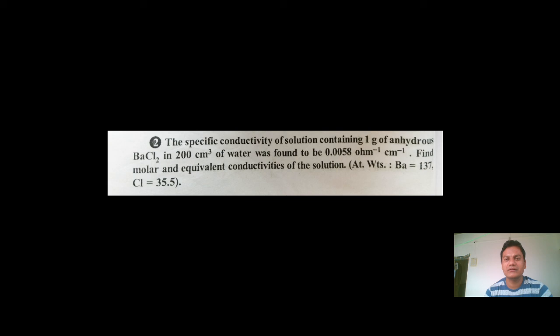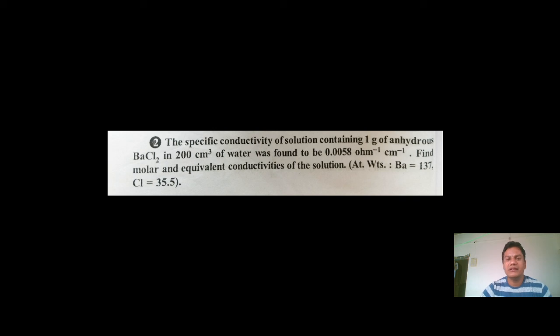And what we have been asked, read the next, is to find the molar and equivalent conductivity of the solution. With this, the data given is the atomic weight for barium and chlorine. With the help of these atomic weights, we can calculate the molecular weight of BaCl2. Molecular weight calculation is required, because with its help it is easy to calculate the number of moles. In this numerical we have to determine the equivalent and molar conductance. For molar conductance, molecular weight is necessary, and for equivalent conductance, equivalent weight is necessary. We can calculate both with the help of atomic weights.